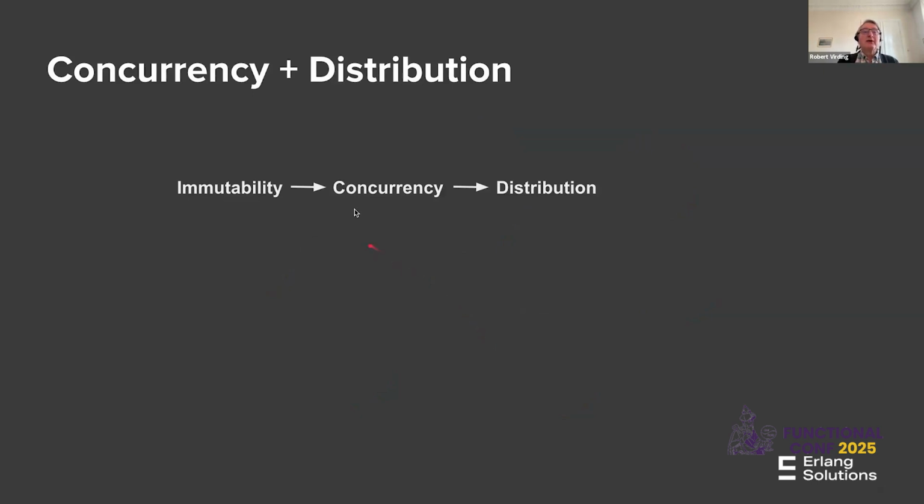So what we're talking about here is we have immutability that we're using in concurrency, which we can then use for distribution. And from one point of view, you mightn't see the difference between the concurrency and the distribution when you're running the system, because I'm just sending a message to that. If that message happens to be on my machine or happens to be somewhere else, I don't necessarily have to see it. And distribution gives you parallelism. And at the same time, if I've got multi-core, I also have parallelism. So there's just two different ways of getting to the same thing about